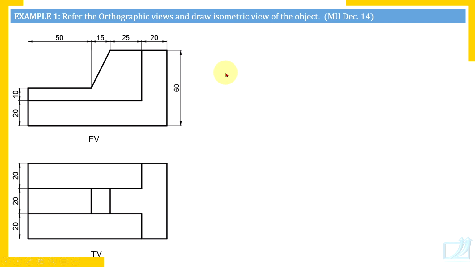In the isometric view, we are going to choose the orientation of the width and length axes, because the height axis is vertical in the isometric view also. For that purpose, in orthographic views, generally a point O is mentioned, and if it is not mentioned, then we should choose point O. So this is the right side and left side.